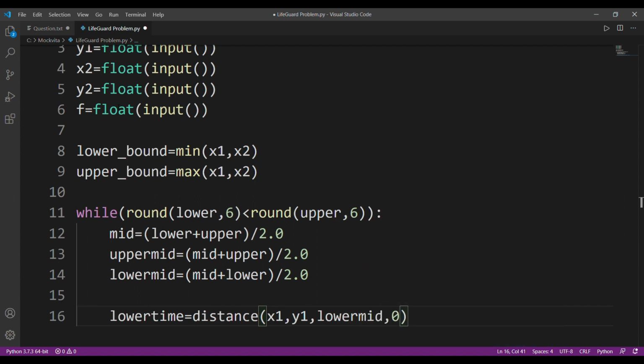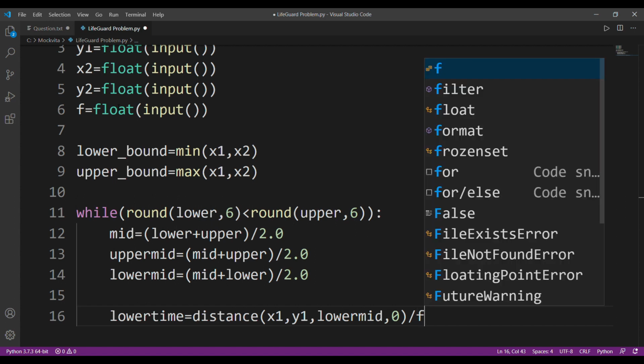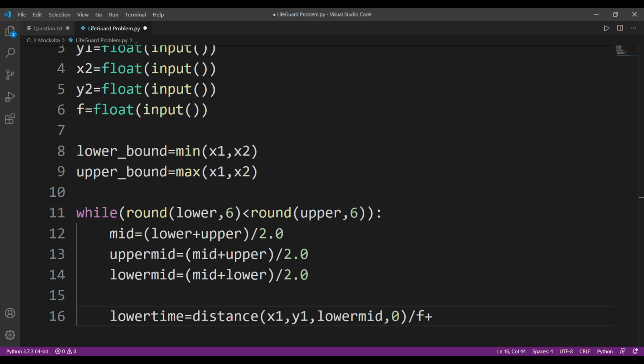Okay, this is the part where he runs on sand. Let's assume that if the speed is v for both sand and water, we'll subtract that. So the additional speed will be that f, the multiplying factor, so we'll divide it with f. Since we are calculating time right now, we have calculated distance. I'll make a function for distance. So distance divided by velocity will give me first t1, that first time period when he's running on the sand.